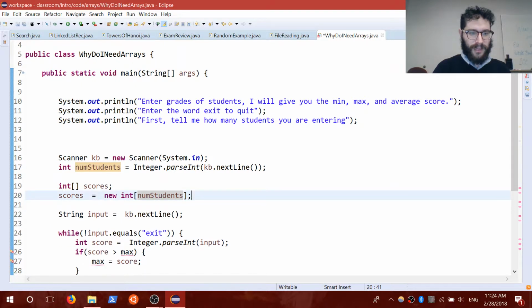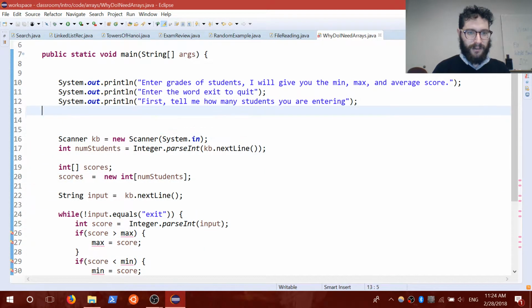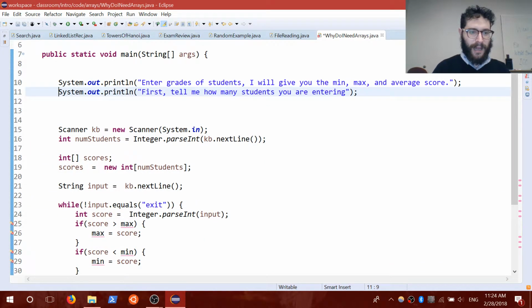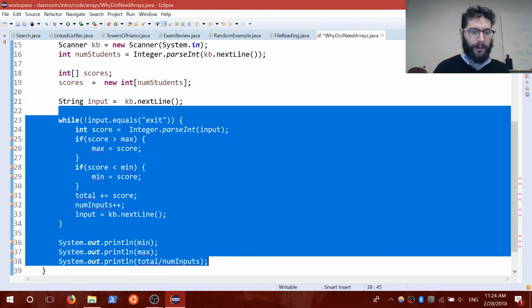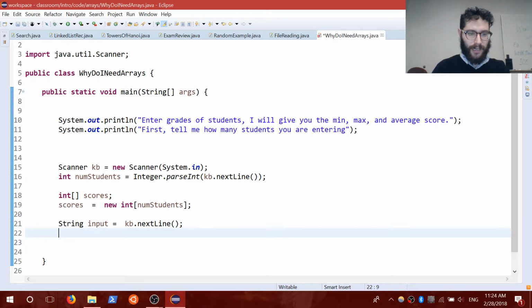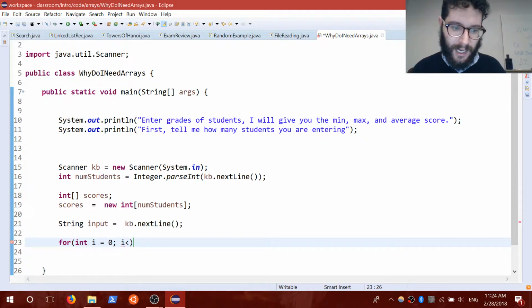Next, and I'm sorry if I'm making you rewrite this completely, we'll get our inputs. We don't need this whole exit-to-quit anymore. Instead, we'll just do a for loop, because now we know exactly how many students we're going to be putting in. So for int i is equal to 0, i is less than